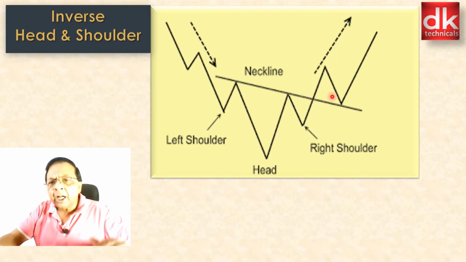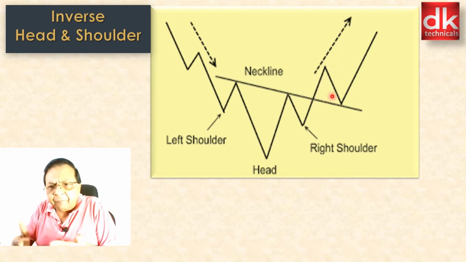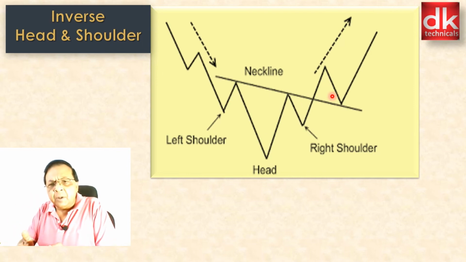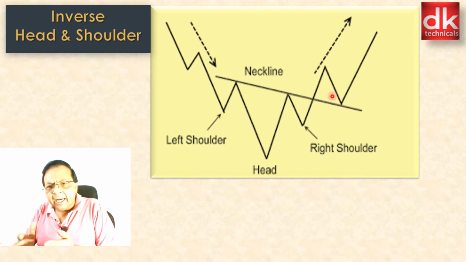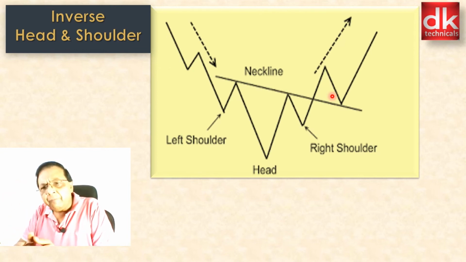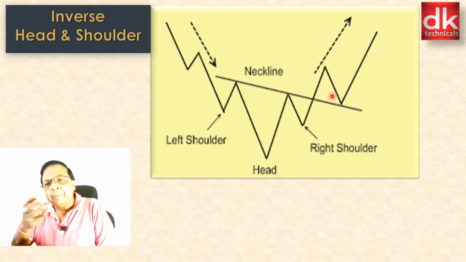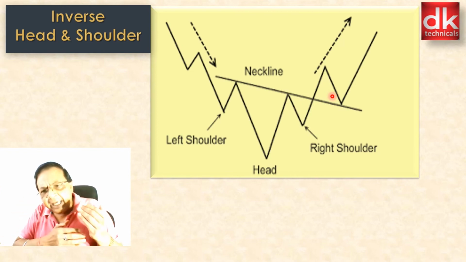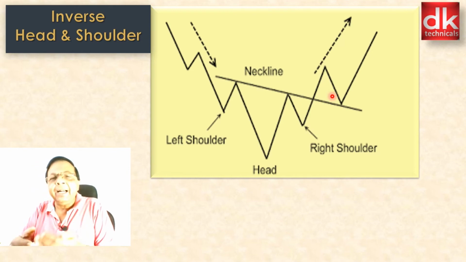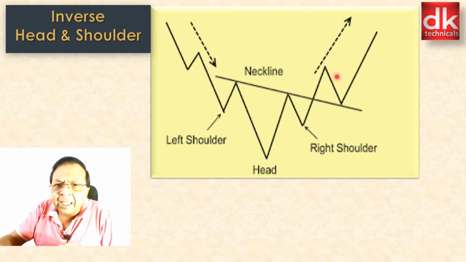The indication here is that the price has now reached the markup phase, where the future structure of the market is likely to be higher highs and higher lows, and buyers will dominate, where the impulsive wave would be larger when the price moves up and the corrective wave would be smaller, because it is known as a corrective wave against the prevailing trend of the market. So here the price has once again corrected, tested the neckline, and then the uptrend resumed.